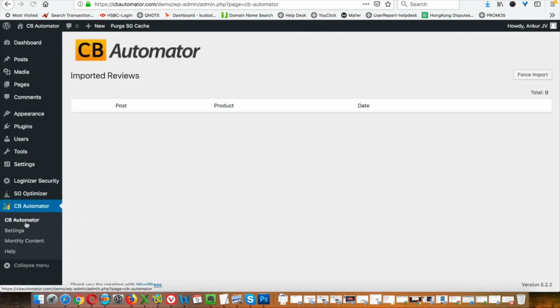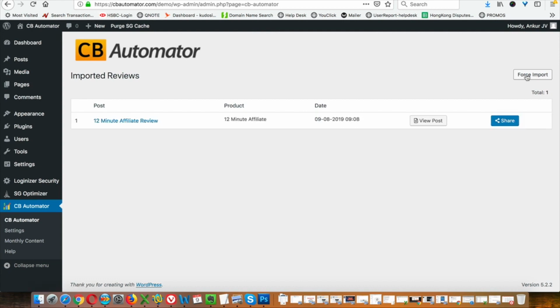CB Automator section and then click on Force Import. Now this is basically going to automatically import an affiliate article review from our main system, and this has a complete written article review for you with images, with affiliate links, and has automatically added your affiliate link into the system. Now I will do this a few more times to import a few more articles so our site